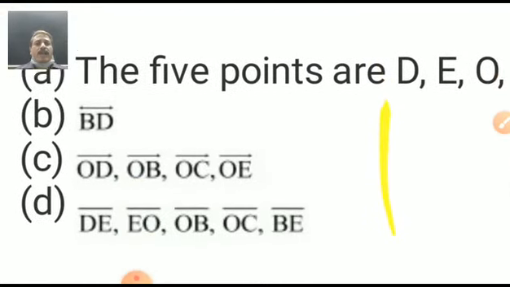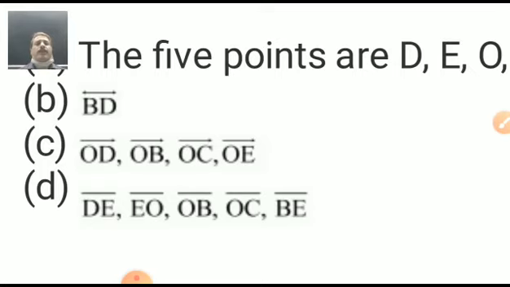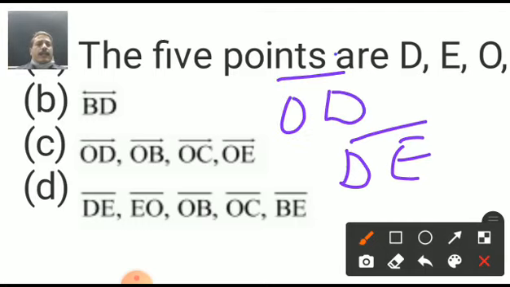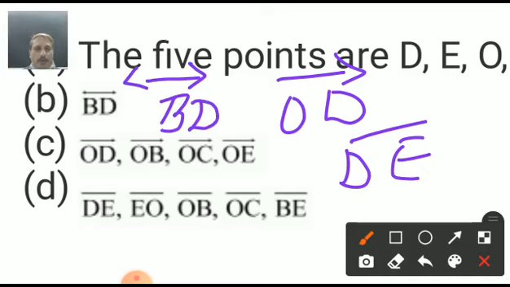D. 5 line segments. Students, a line segment is different, it is only the segment. DE is written like this way. This is the line segment. OD is a ray. A ray has the symbol like this way. And BD is a line. BD is a line and can be shown with arrows on both sides. Don't forget to write this symbol. This represents how to distinguish between a line segment, a ray and a line.